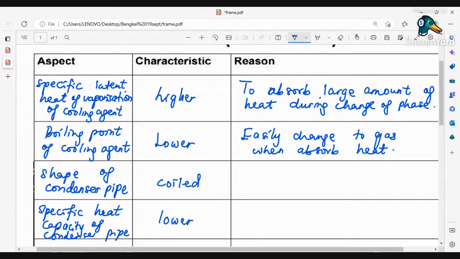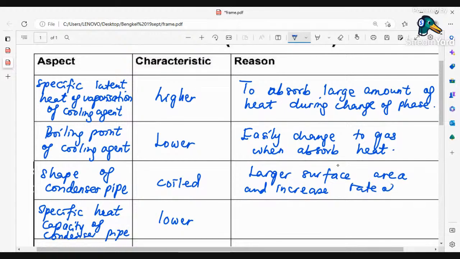Condenser must be coiled so that it has larger surface area and increases the rate of cooling, so that the cooling agent can be cooled down faster. Specific heat capacity of the condenser pipe is lower. Same also. Lower specific heat capacity means